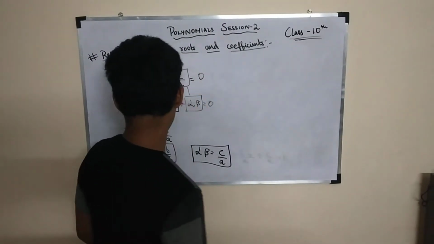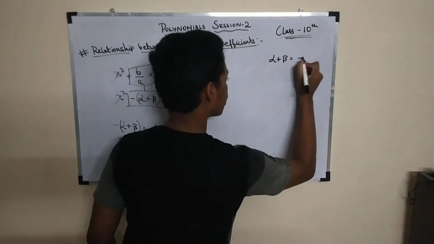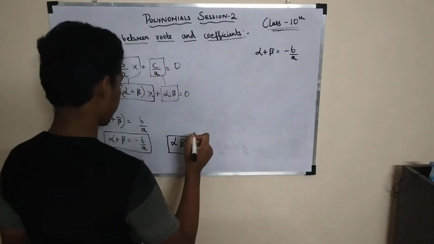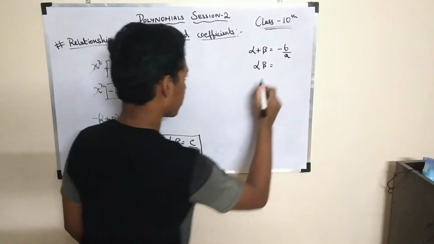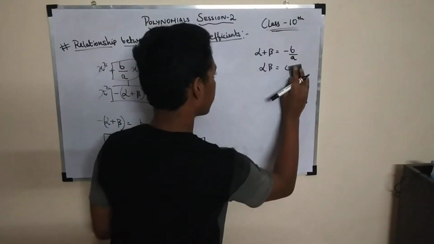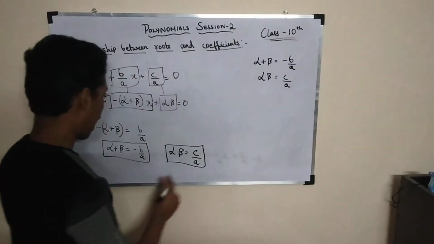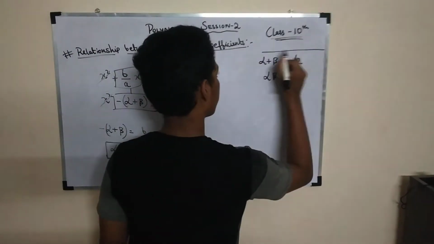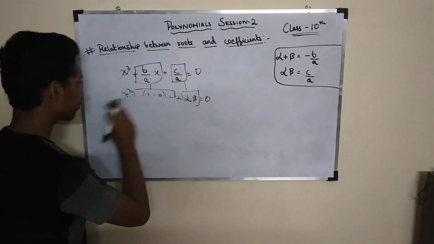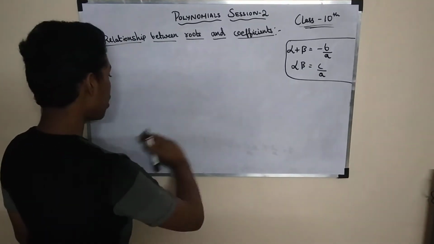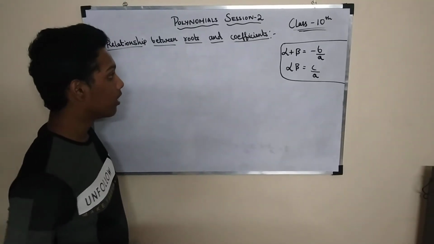I'll just write down these two formulas separately, so you'll remember them till the end of the session. If you want, please note it down, because these are two important formulas. Instead of doing this whole method, you can just use these formulas. It would be much easier. Remember, alpha plus beta equal to minus b by a, alpha beta equal to c by a. These are the two formulas. So I'm just erasing the board. Now let's go with some examples, which will make this easier to understand.